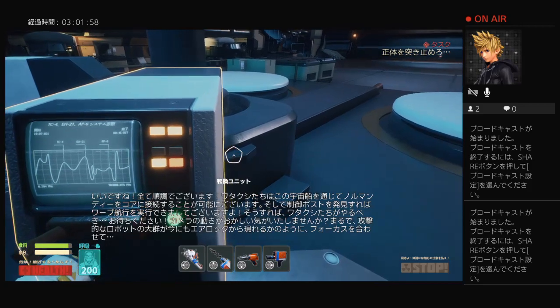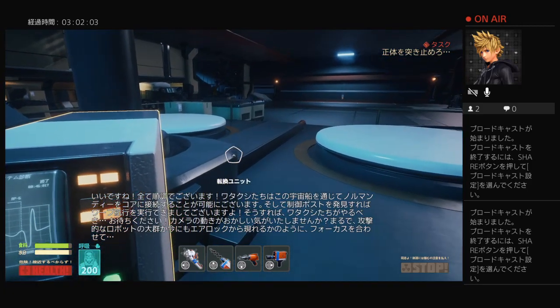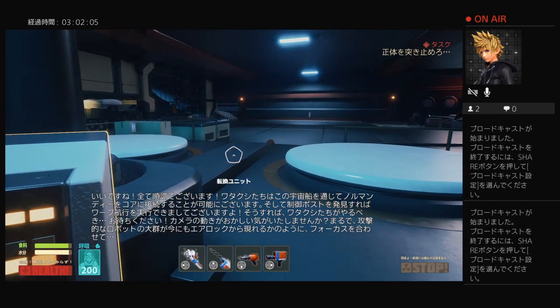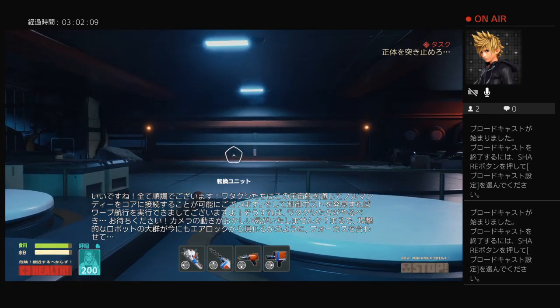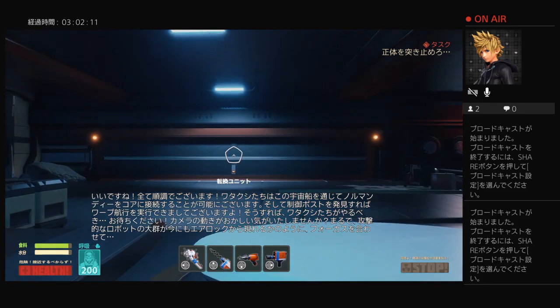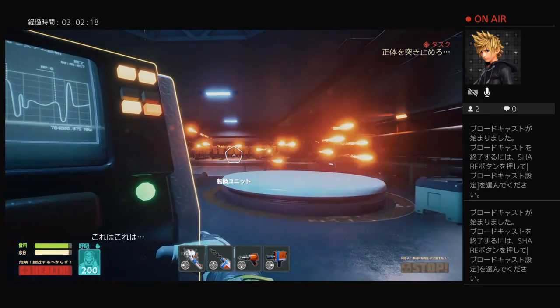Yes, everything is perfect. We can connect Normandy to the core via this spaceship and activate the warp jump if we find the control post. Then we will only have to... Wait, don't you think the camera's behavior is strange? It looks like it's focusing on the airlock on purpose, as if a mob of aggressive robots is about to... Oh my...